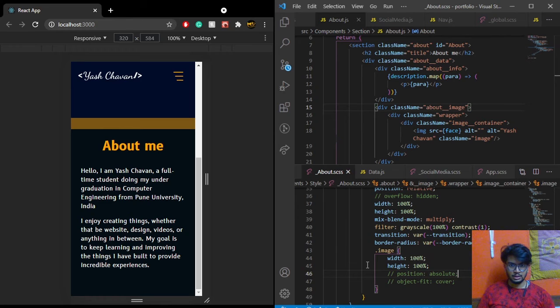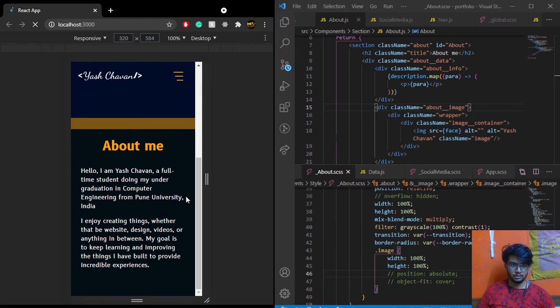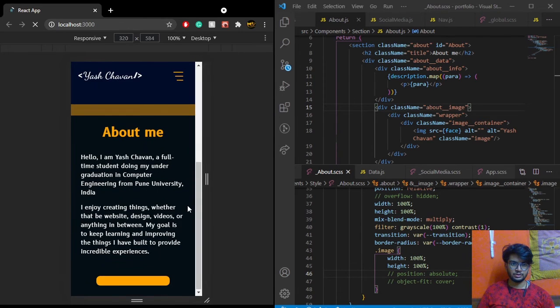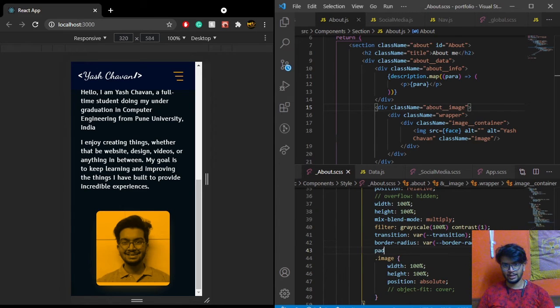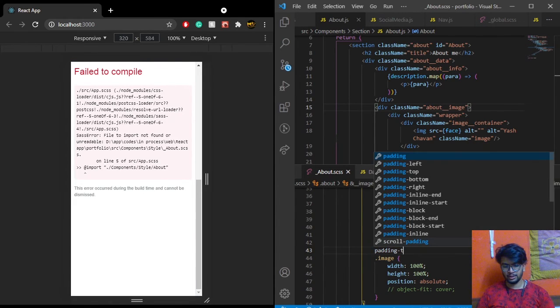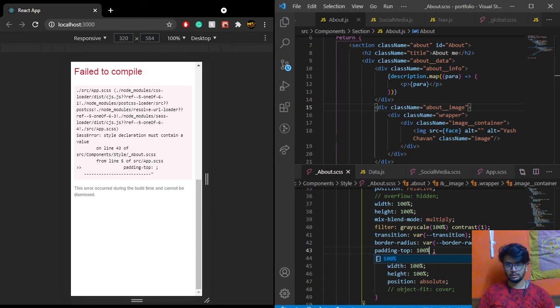Now, if you see this, when I remove the position absolute on it, oh god, come on, refresh already. You can see there is a tiny sliver of background which is just spilling out. And the best way to get rid of it is just put your image to be position absolute and give it a padding top of 100%. And now if I refresh this,